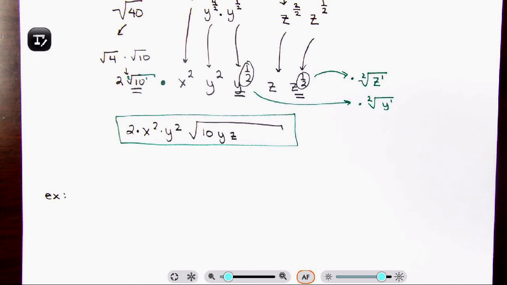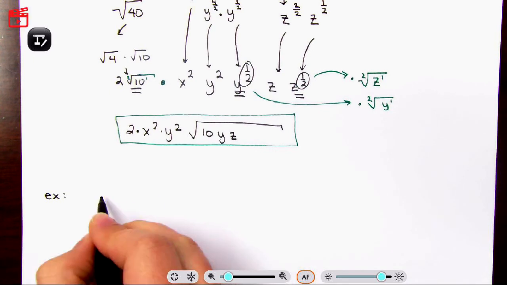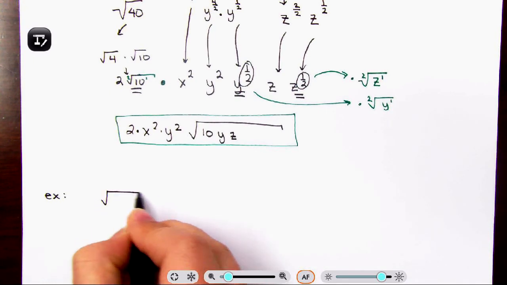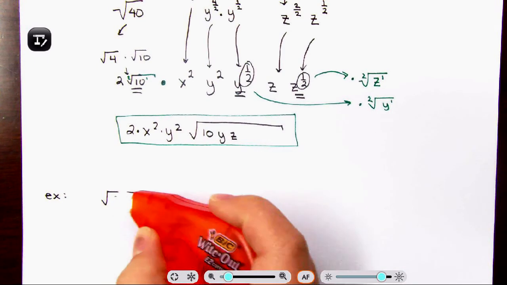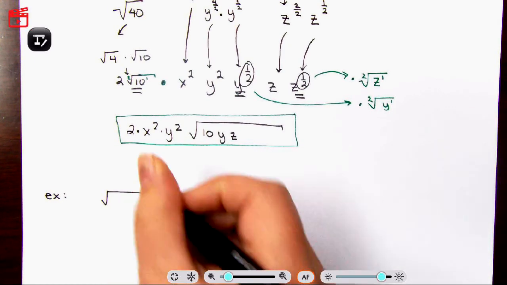Let's see if I can do one. Let's do this one. It's not the most complicated one, but that's okay. Oh, let's do this one. Again, it's not the most complicated one. I just want to show you how these would work. So let's do